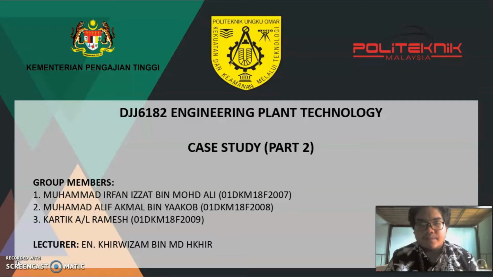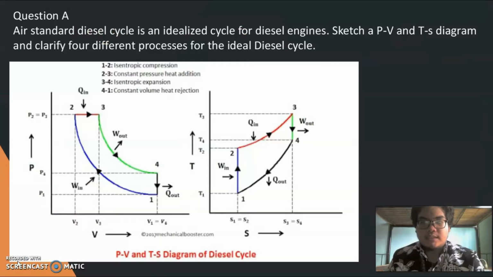In this case study, we will answer 5 questions A, B, C, D and E. The first question is, a standard diesel cycle is an idealized cycle for diesel engines. Sketch a PV and TS diagram and clarify 4 different processes for the ideal diesel cycle. The first process, 1-2 isentropic compression, then 2-3 constant pressure heat addition, then 3-4 isentropic expansion, and lastly 4-1 constant